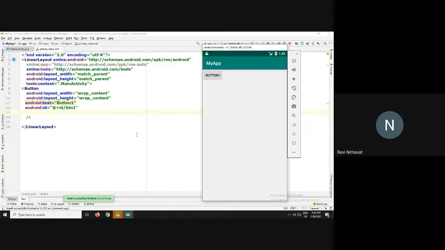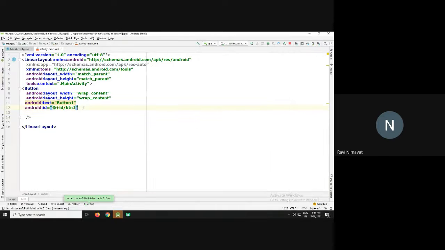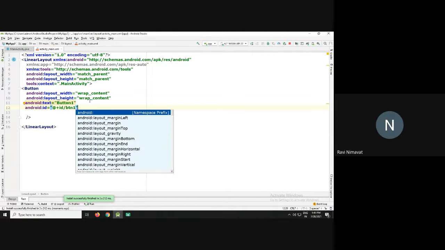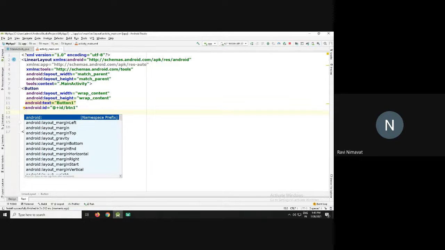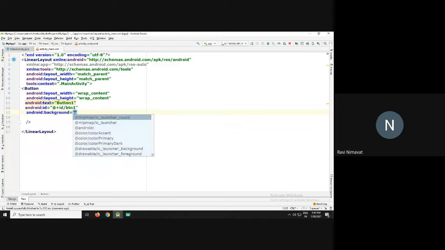Then I will change the property, meaning the background color of this button. Ready? So I choose the background property, background color, and I will assign some hexadecimal value like 358A32.